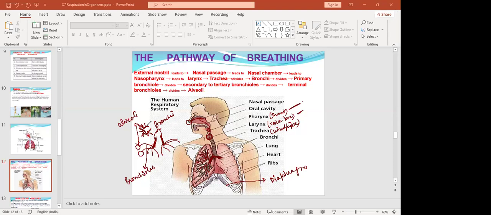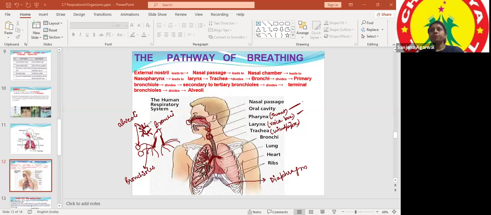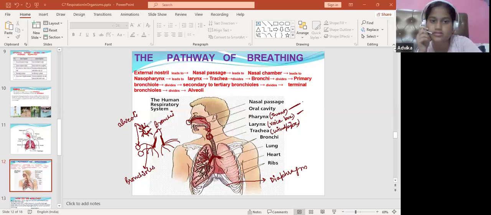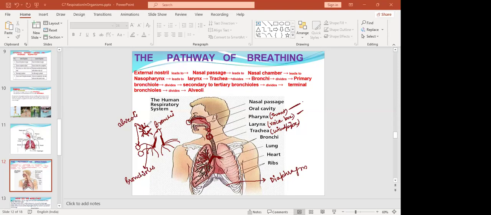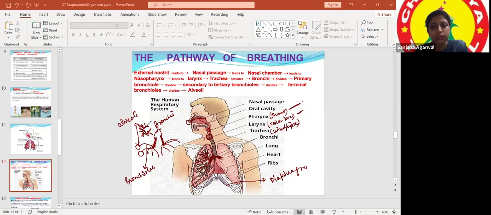Carbon dioxide isn't stored. See, in our body we have two cycles of blood. You know that? Heart pumps blood. There are arteries and veins. Have you read that? Very good that you asked this question, where is carbon dioxide stored. I want to explain this, but now I have to tell you the two cycles of blood.